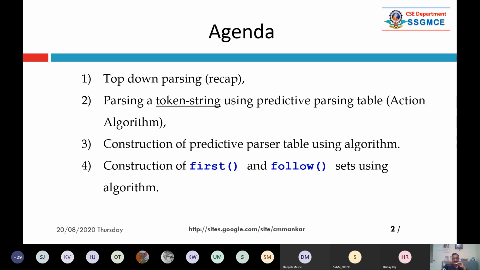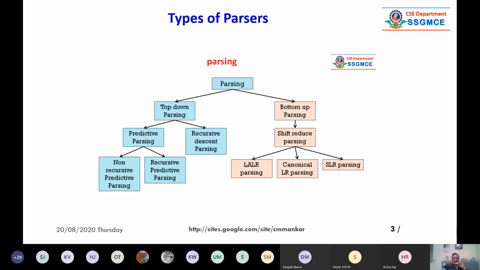First set and follow set we are going to understand quickly in this session. Now, as I told you, in top-down parsing there are two major types: recursive descent parsing and predictive parsing. In predictive parsing, basically we are focusing on predictive parsing, either table-driven or non-table driven. Today we are going to see table-driven parsers.